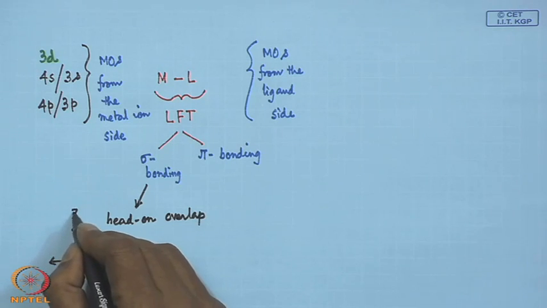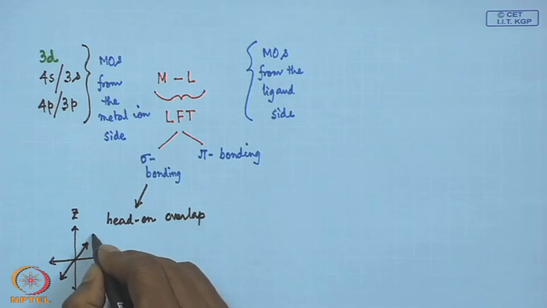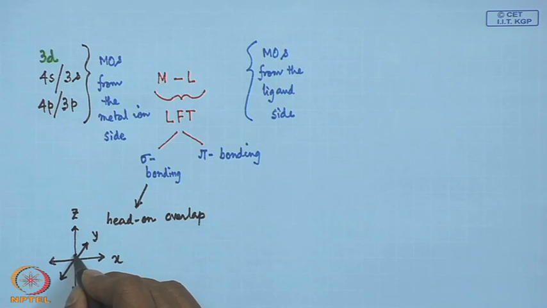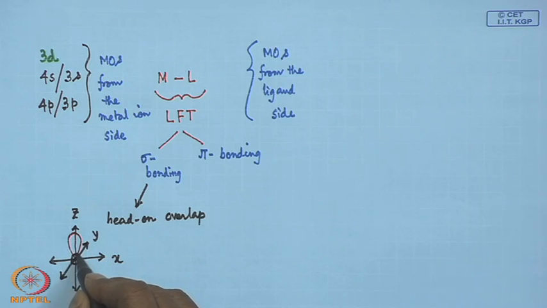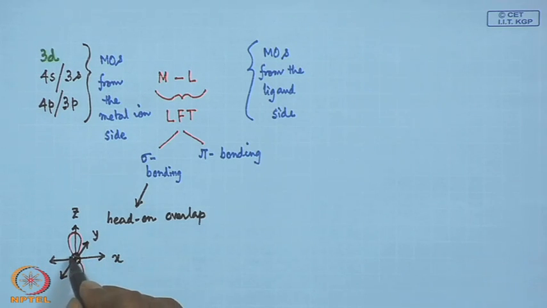So, if this is z, this is x and this is y, and the metal is sitting at the center of these Cartesian axes. Now, we can have the corresponding ligand. So, if we have some ligand, which we have earlier seen in case of the crystal field theory, that we have the corresponding dz square orbital,